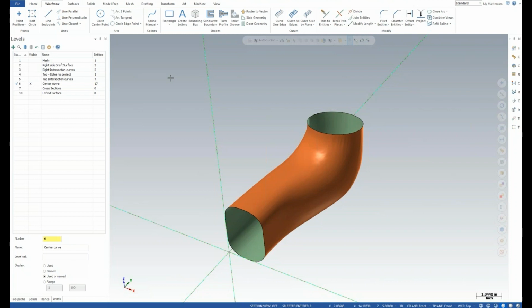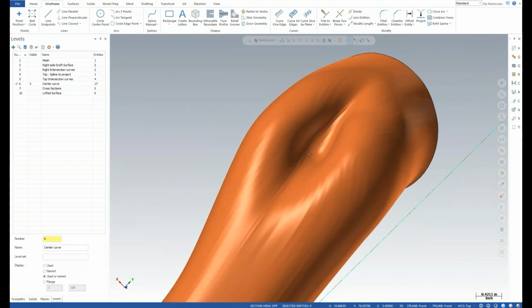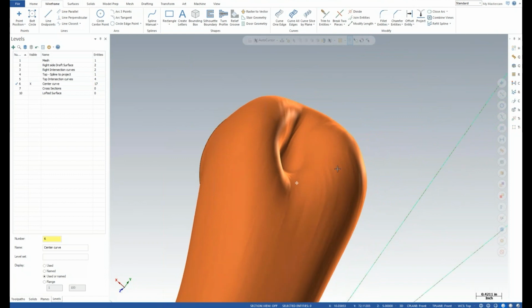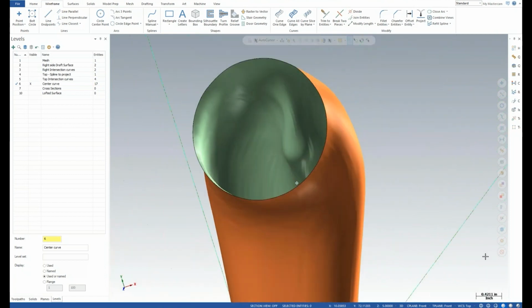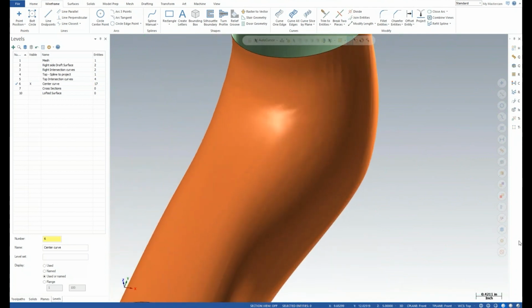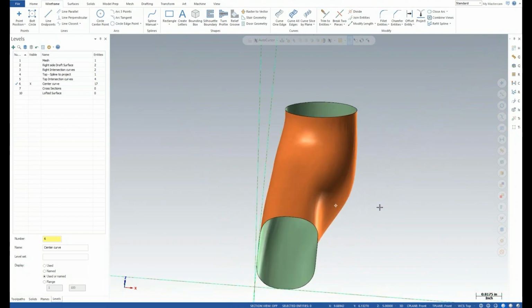Can we make a solid from it? No, not there yet. Well, I guess if we can take the surface and thicken it, right? In this particular case, that's not going to work, because when you get down into this valve guide area, there's a lot of twists and turns and almost some foldovers that surfaces can deal with and solids can't. But in the right shape, you could take that surface and convert it to a sheet body.